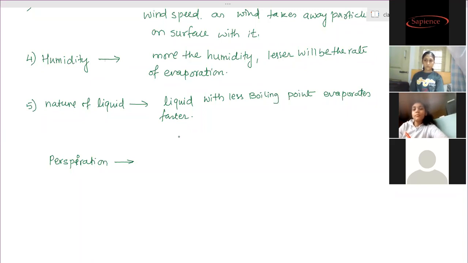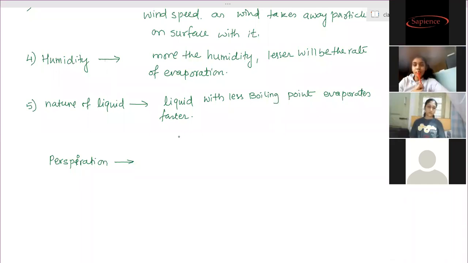Clear? So these are all reasons. Give-reason questions can be asked on this evaporation part. From this chapter they will ask you one question of 3 marks, mostly from the rate of evaporation, or give reasons such as why gas exerts pressure on the walls of the container, why water is liquid at room temperature, and why an iron almirah is solid at room temperature. Is that clear?